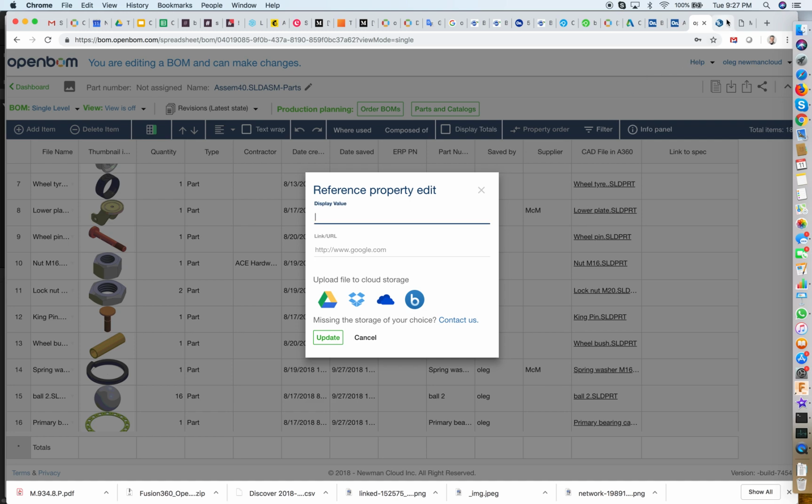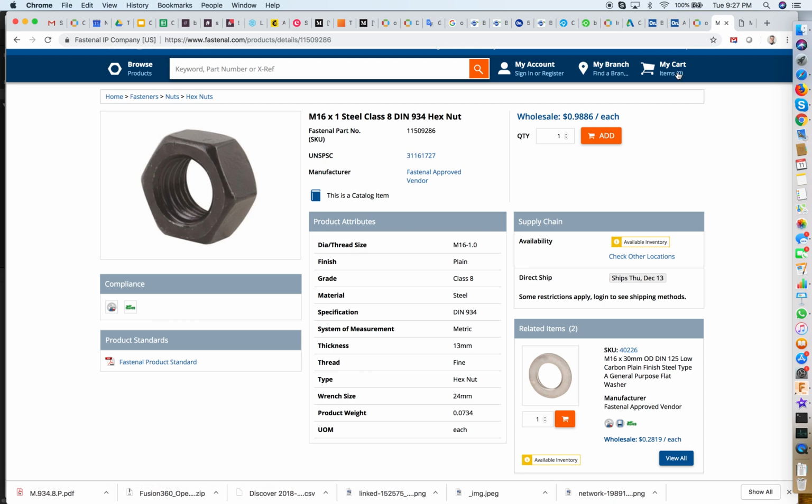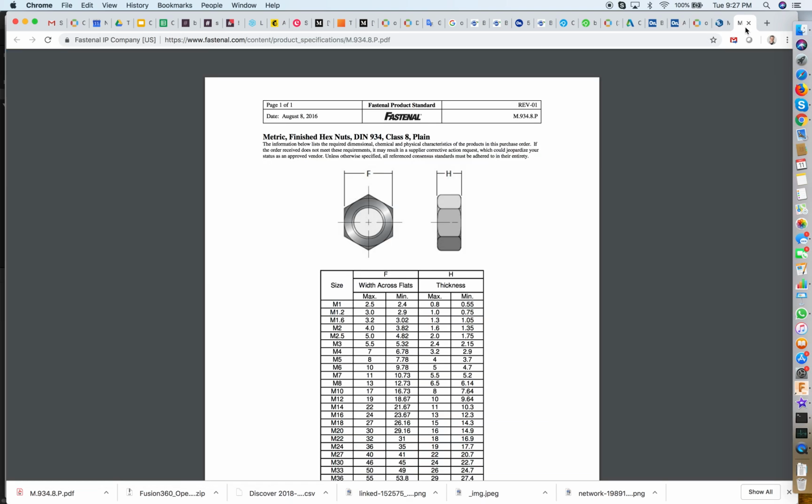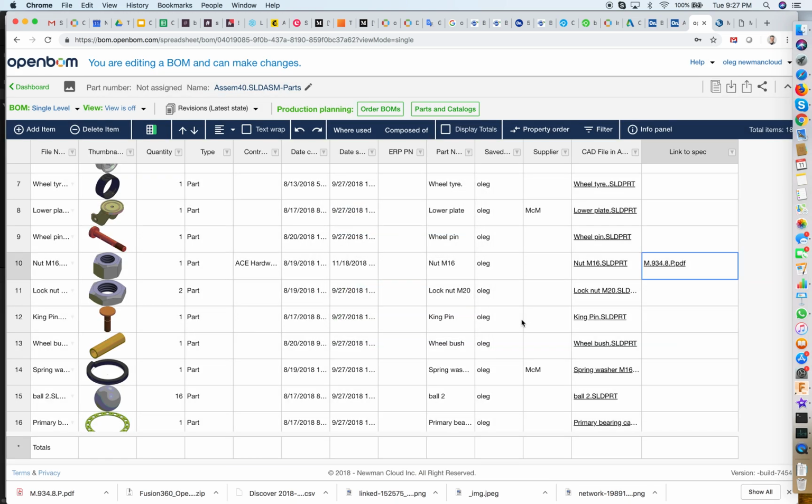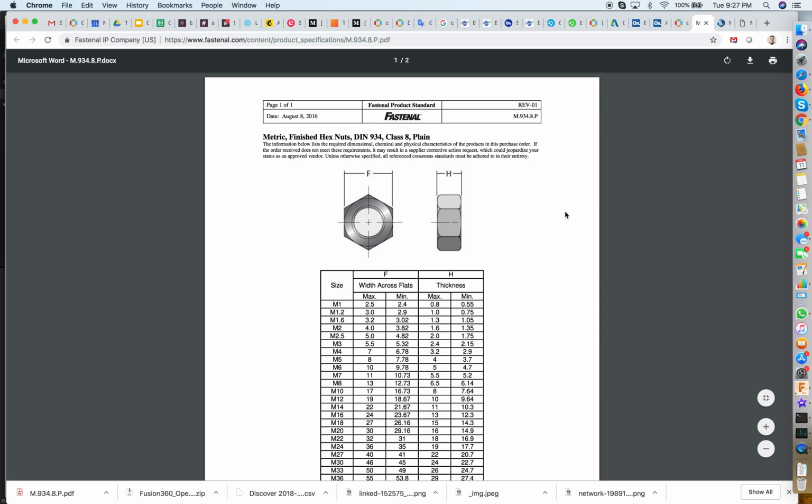So imagine I found this M16 nut on Fastenal, and I get the link to the specification, so I can capture this link and I can put this link to my URL in the reference property, and I can put, for example, this one as a display value. And here it is. This is the link. It looks like a normal URL. When I click on this link, I'm getting directly to the